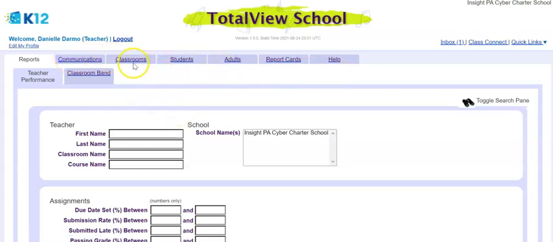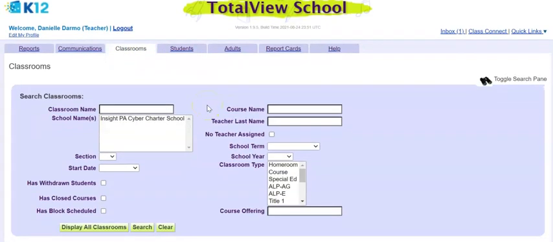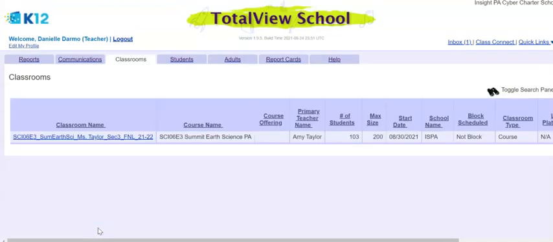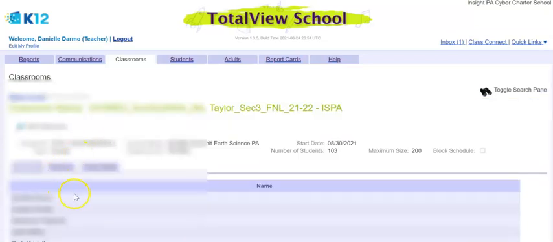But what we can do is we can go to Classrooms. If we click on the Classrooms tab, we can scroll down and look for a specific teacher name or course name, or we can also say Display All Classrooms. This is one of the classrooms that I'm added in. So this is a classroom. If I click on this, these are the teachers that are added to it. You can also see